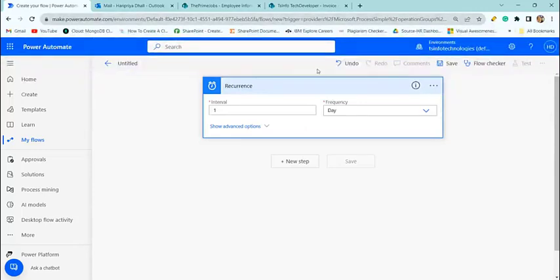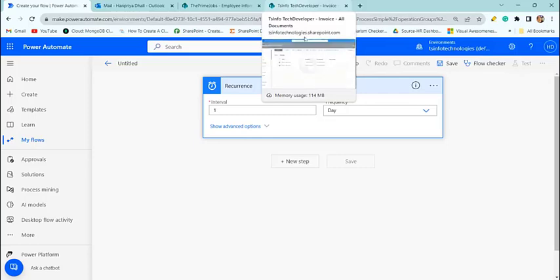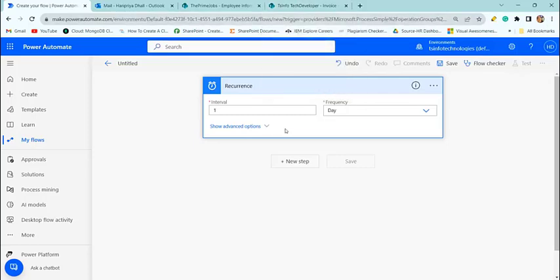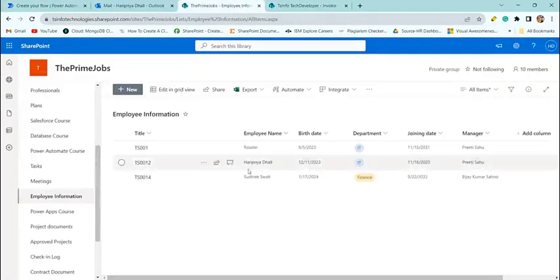So next, once the flow gets triggered, it will send an email to the employee who is having the work anniversary. For this, I will use this employee information SharePoint list. Based on the joining date, we will send an email. If the joining date is equal to today's date, then let's say 11:15, if today's date is 11:15, then we will send a work anniversary greeting to Rosaline. And if today's date is 11:16, as today's date is 11:16 only, so we will send the work anniversary